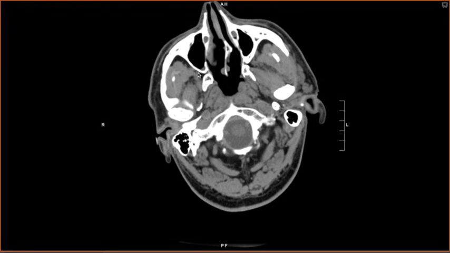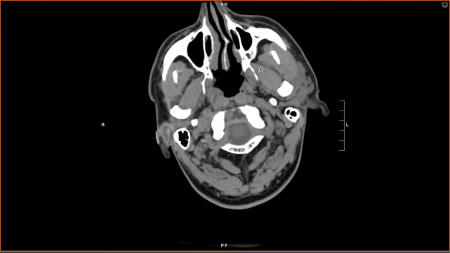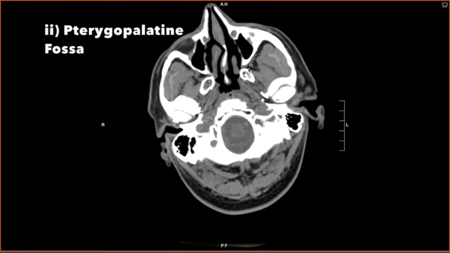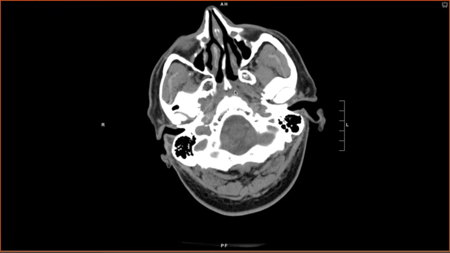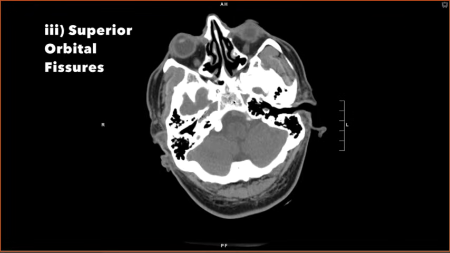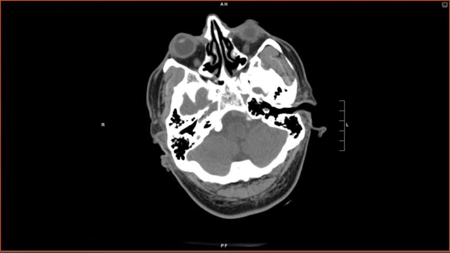The first is the retromaxillary fat here. It's relatively clean. I look at the pterygopalatine fossa bilaterally to see if they're filled. They're relatively clean. I look at the superior orbital fissures posteriorly here, and that should be clean fat as well,